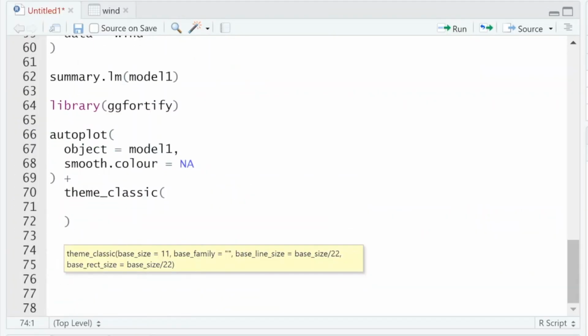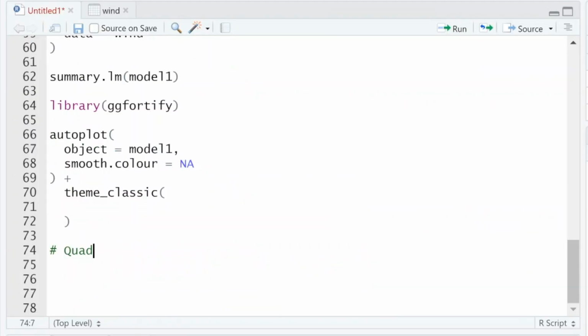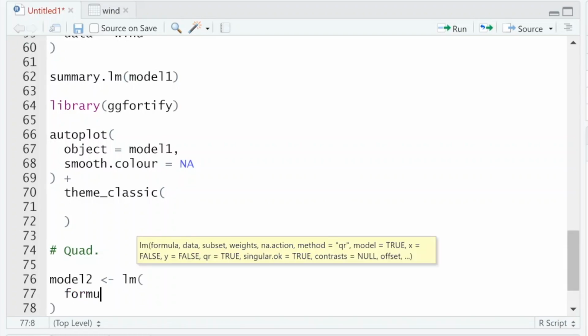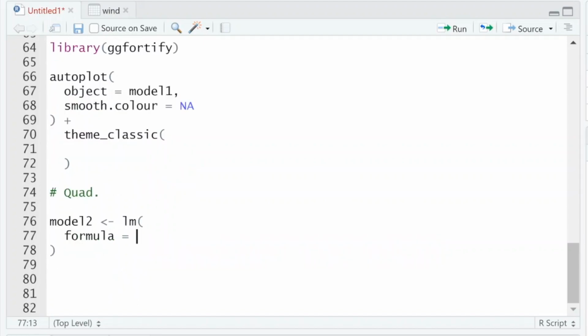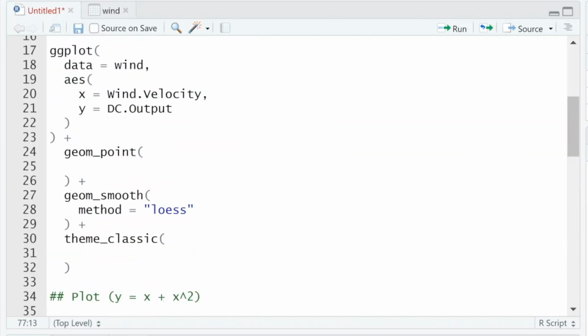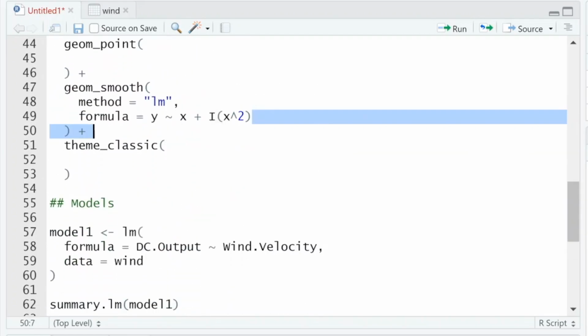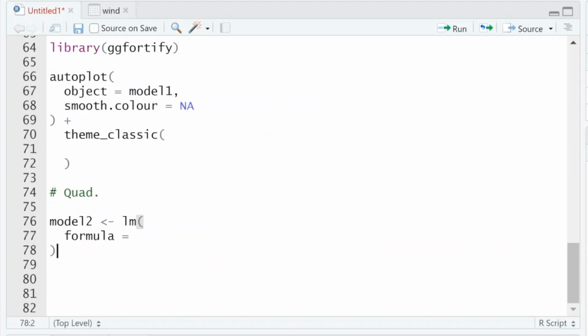Well, why don't we model it quadratically? And I'm going to call this model 2. But we'll know that by looking at the formula of the linear model, this formula here, we'll know that it's quadratic because we have to manipulate it in a different way. Same way that we saw up here in our plot. This is the general terms. We need the data-specific terms. Okay, so how do we do that? Well, it's the same thing, dc.output as a function of wind.velocity